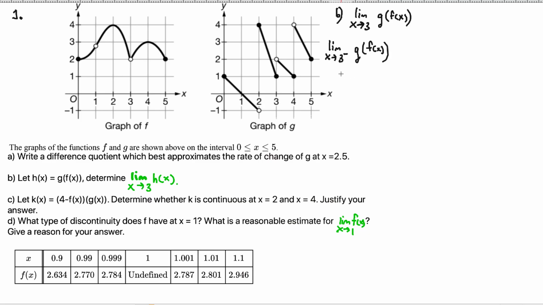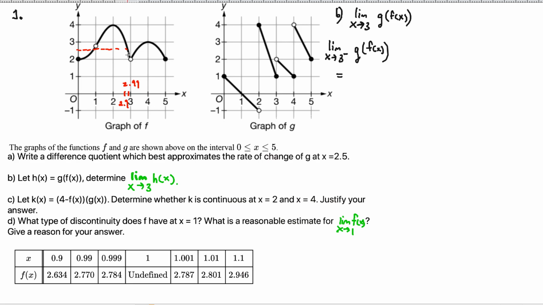We're just going to do some analysis freehand. So as I get closer and closer to 3 along f, but from the left, for values less than 3, we can see that we're getting closer and closer to this value along y. Let's say this is 2.9. If you go up, I'm at maybe 2.5, and then if I go to, let's say, 2.99,